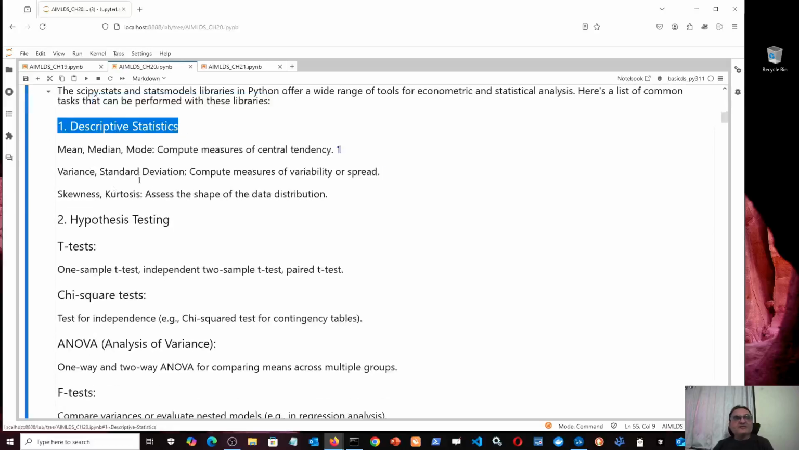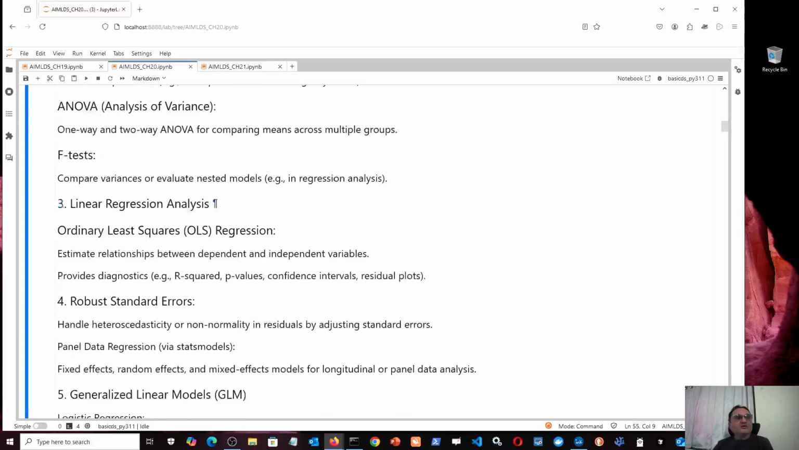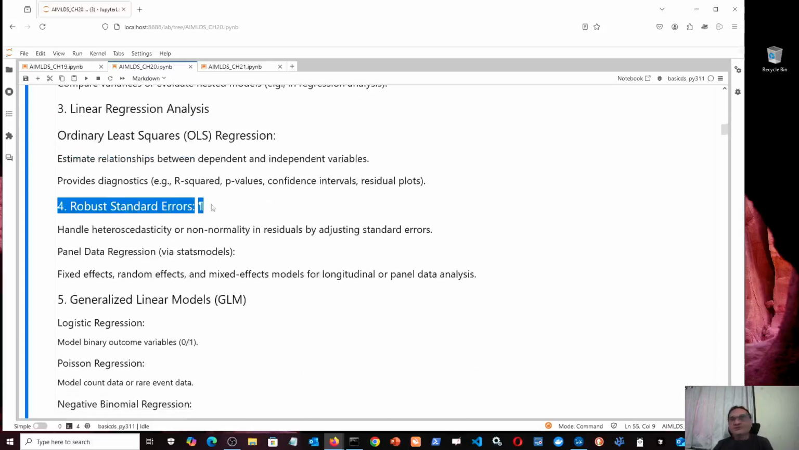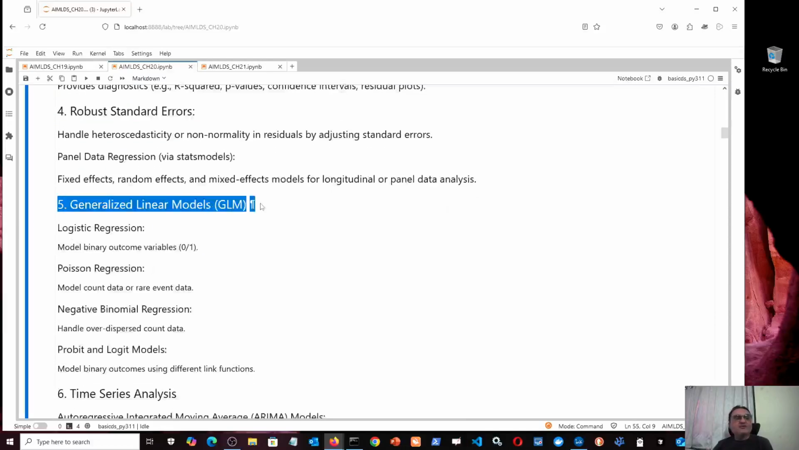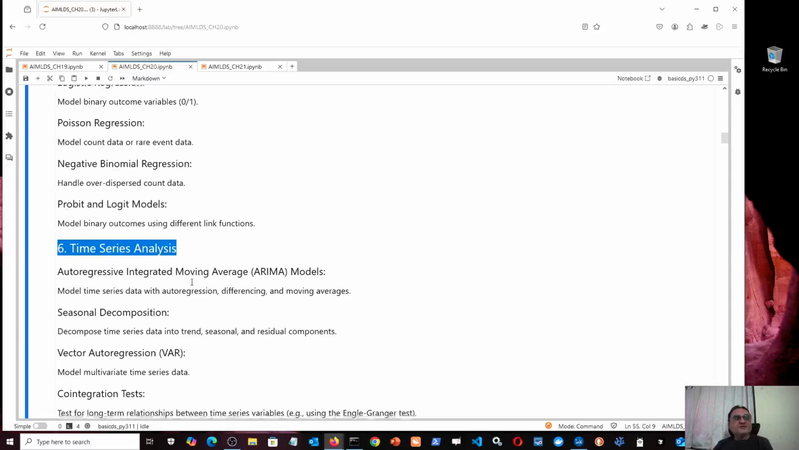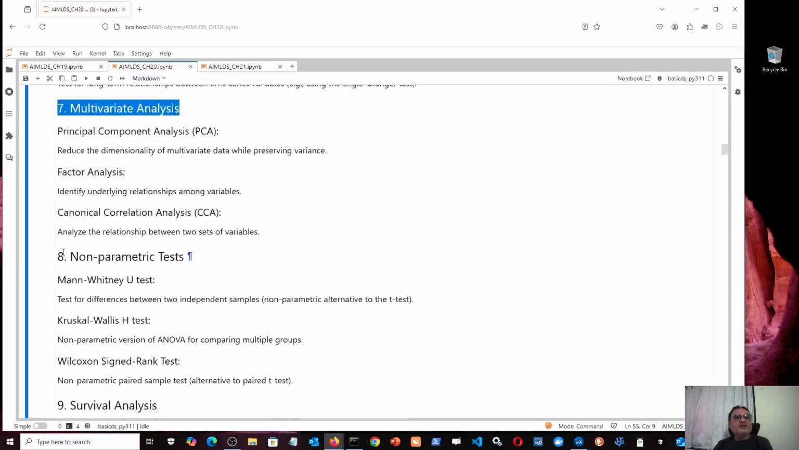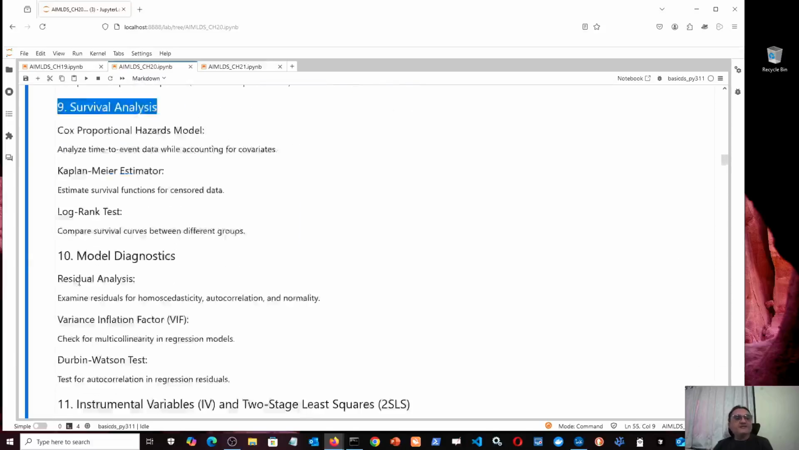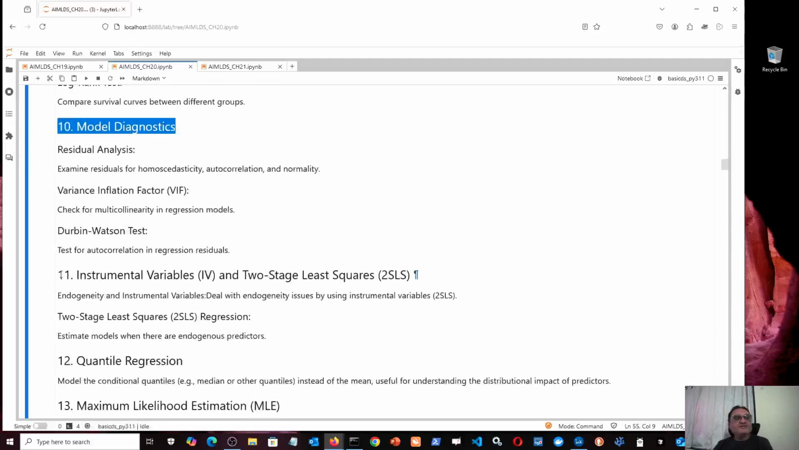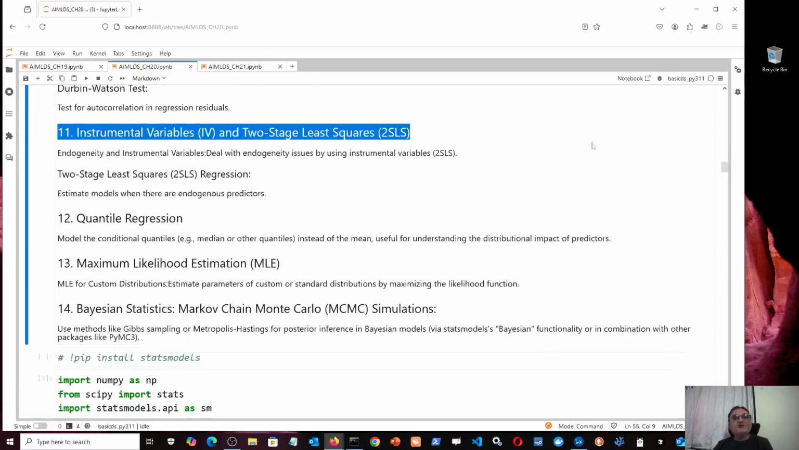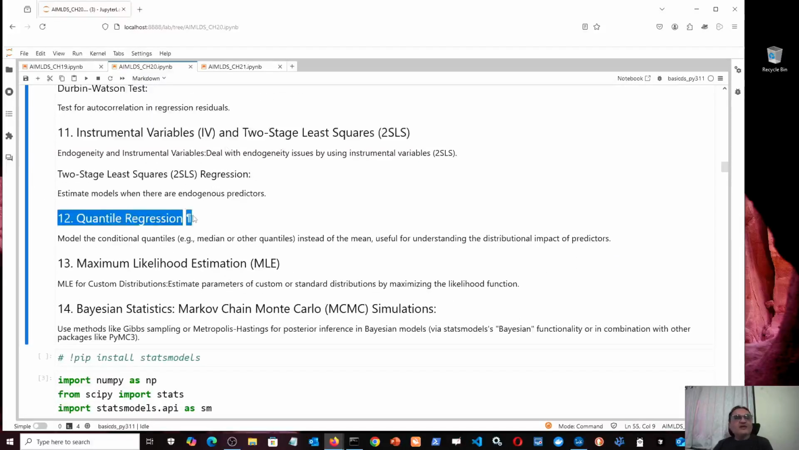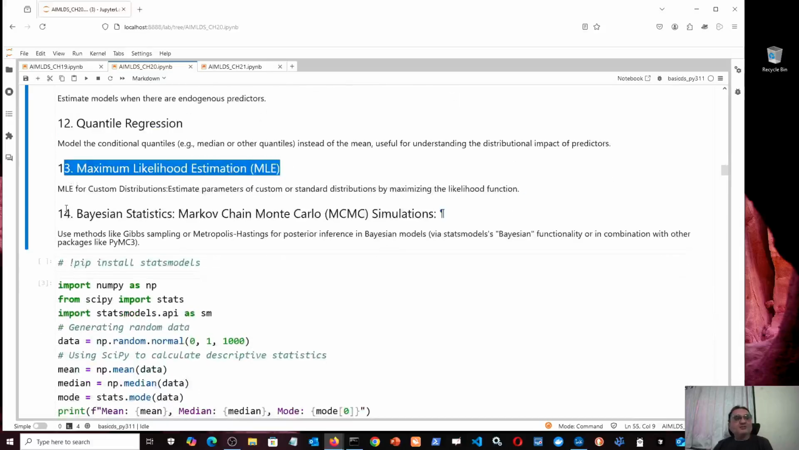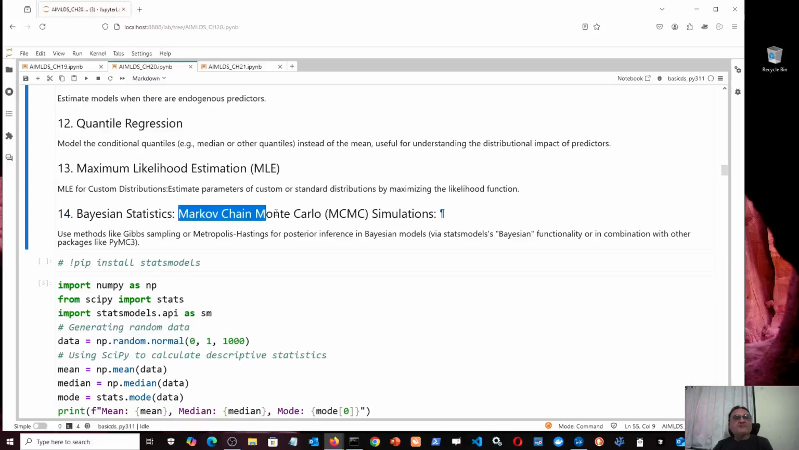So the first task is descriptive statistics. Second, hypothesis testing. Third, linear regression analysis. Fourth, robust standard errors. Fifth, generalized linear models. Sixth, time series analysis. Seventh, multivariate analysis. Eighth, non-parametric tests. Ninth, survival analysis. And tenth, model diagnostics. Eleventh, instrumental variables, IV, and two-stage least squares regressions, that is 2SLS, quantile regression, maximum likelihood estimation, and Bayesian statistics, including Markov chain Monte